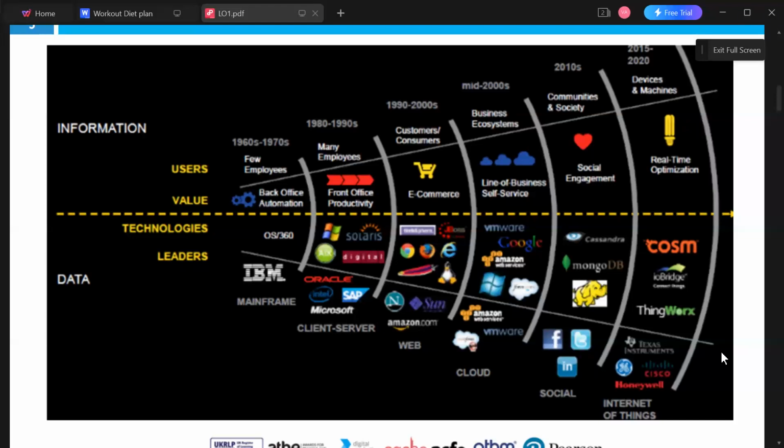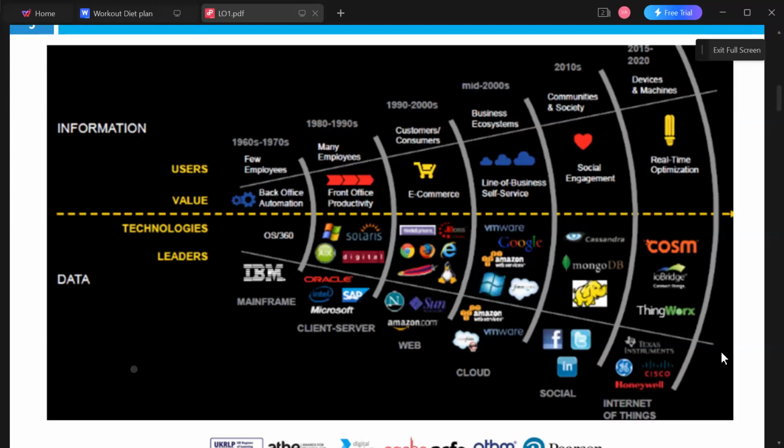So we can see in the early 60s there was the formation of big companies. Nowadays they're big companies, but back in the days they were like startups, such as IBM, where the first computers were built with mainframes. So this massive mainframe was not even as powerful as the smartphone that we have nowadays.